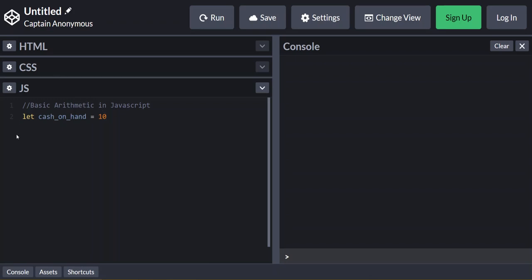So again, let is the JavaScript declarative keyword that lets you declare variables. It's equivalent to what var used to be in some sense, with some improvement over what var offered. So var, variable. So yeah, we got $10 cash on hand,